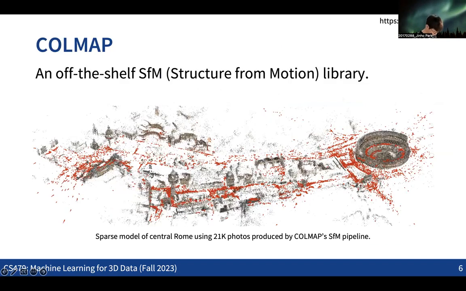You can find a library called COLMAP. There are lots of libraries that implement this technology, which is called structure from motion. You can use such a library to do 3D reconstruction yourself. You can take photos of your space and feed them into the COLMAP library, and you can get this kind of reconstruction result.